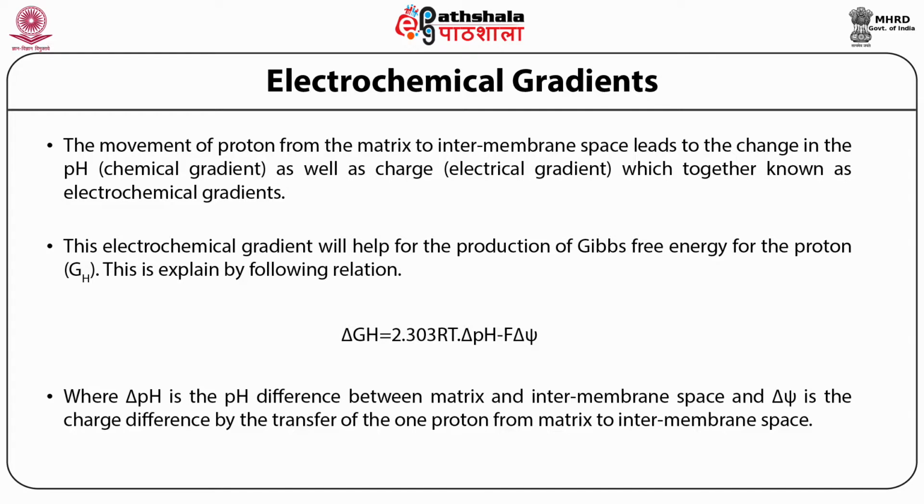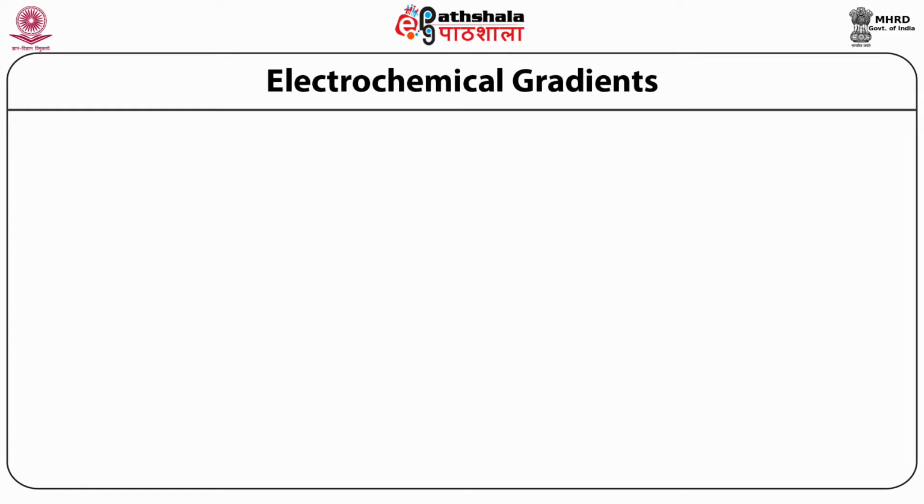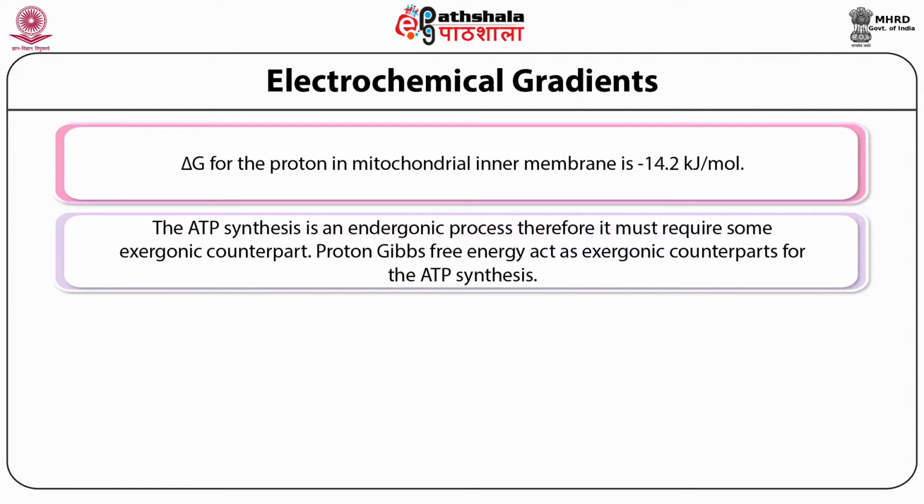So when delta pH is known and delta psi is known, we can calculate delta G for the proton in the intermembrane space, because R is a gas constant and T is a temperature which is always fixed in a standard condition. At the same time, F is a Faraday constant, which is also constant. The delta G calculated for the proton in the mitochondrial inner membrane was found to be minus 14.2 kilojoule